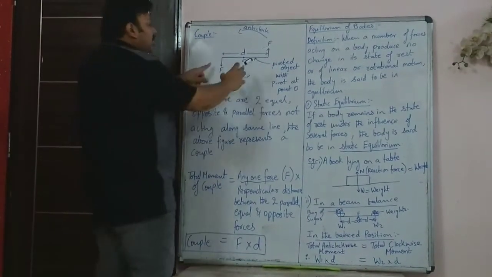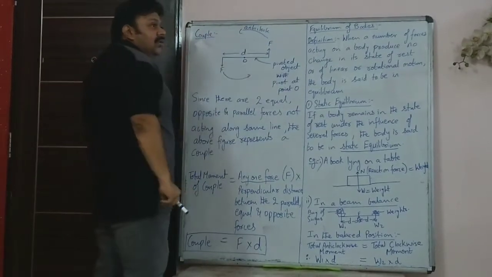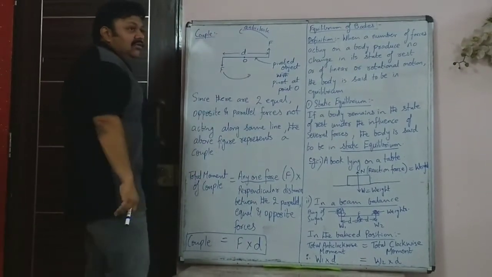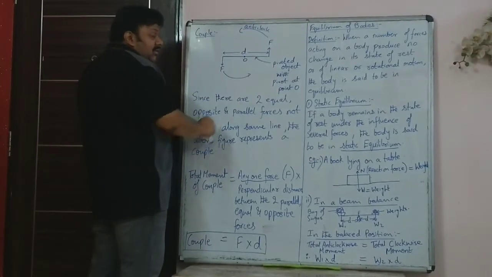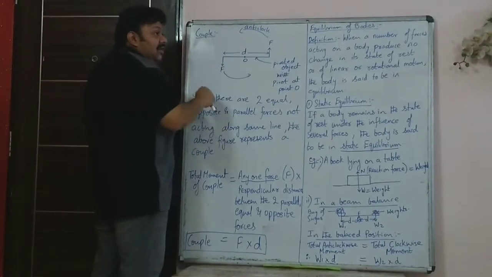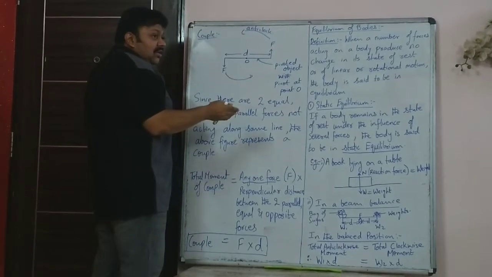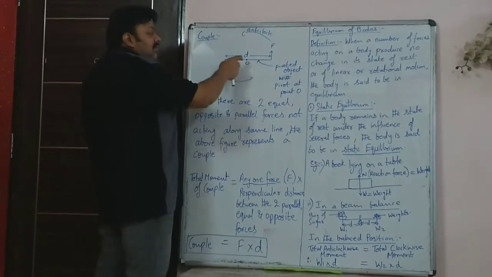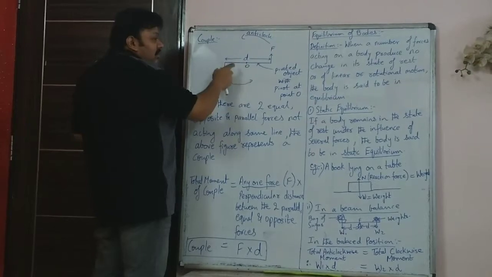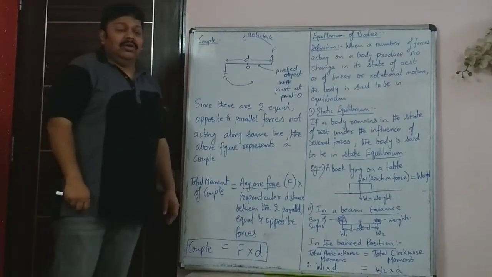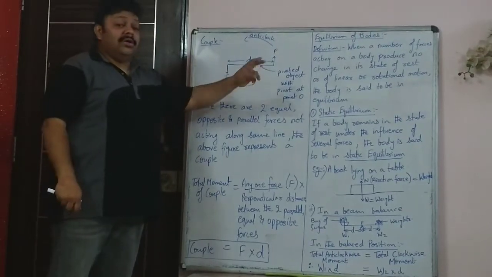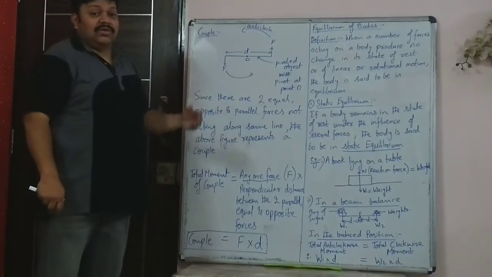Now what would have happened if two equal forces were acting upward in the same direction? Then in that case, this force would have caused clockwise and this force would have caused anti-clockwise. And since they are two equal opposite forces, and since the distances also, if they are equal, then anti-clockwise and clockwise movements will be same. So then the object will not move, even though there are forces acting on it.